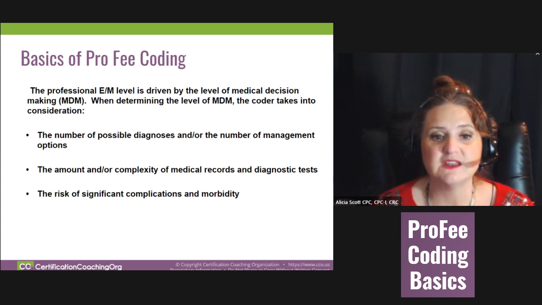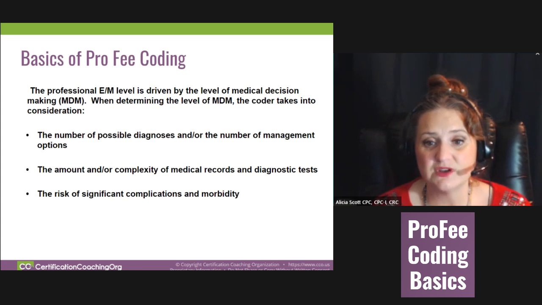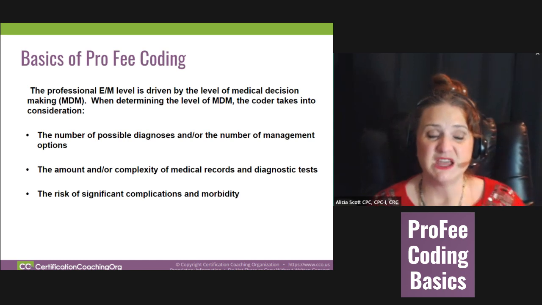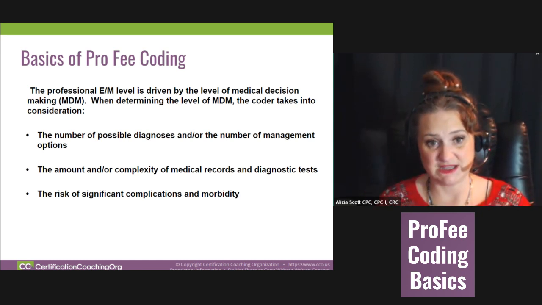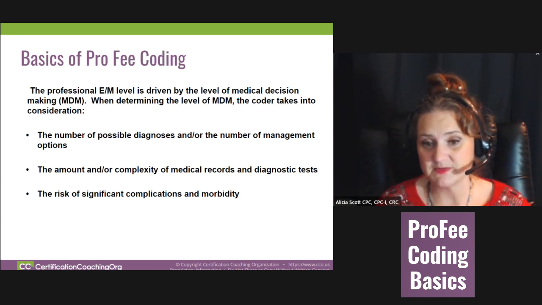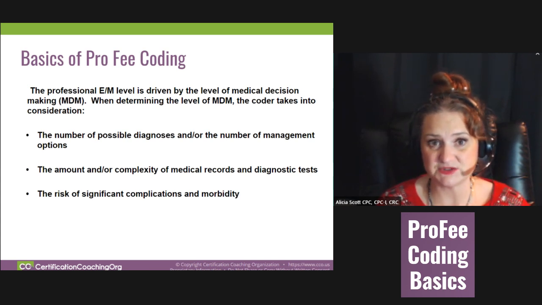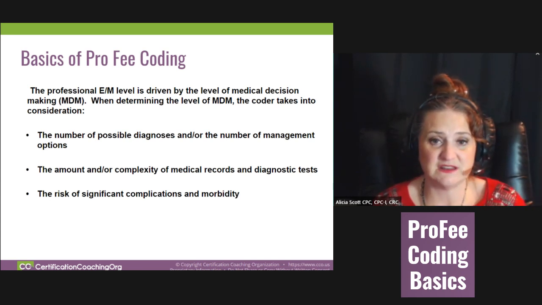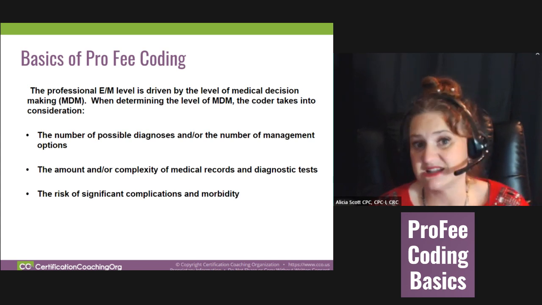It's important to know the number of possible diagnoses and/or number of management options. Again, that was just what I was giving an example of: a patient with osteoporosis and a patient with diabetes. Much more intense, especially if the patient with diabetes is on insulin. They're a type 2 diabetic on insulin with a family history of diabetes, and then you have a patient with osteoporosis, and they are eating Tums, and they're getting one of the new shots, but that's it.